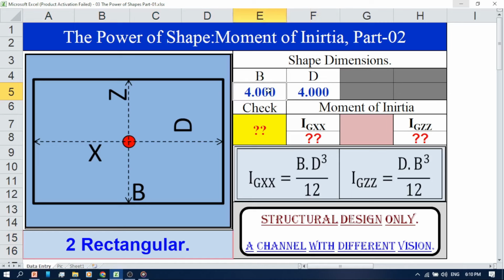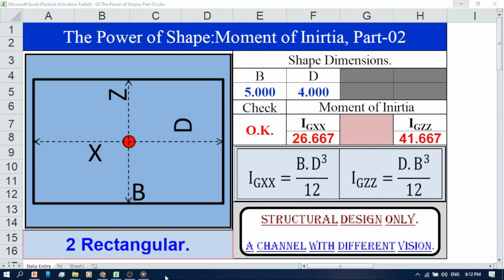Say I am changing the value of b from 4 to 5. Now we are getting values of IXX and IZZ, and the moment of inertia of the rectangular section around the XX axis, IXX, equals 26.667,